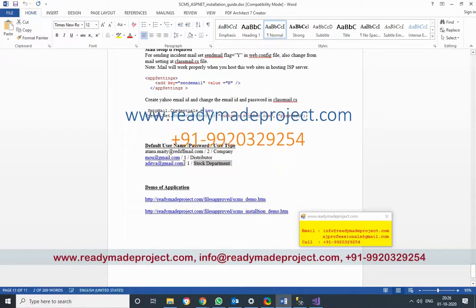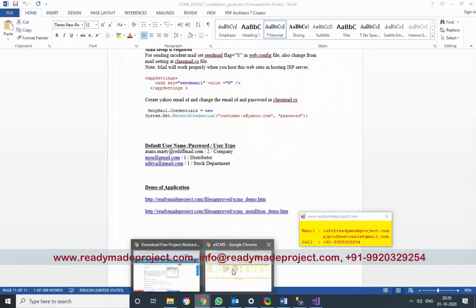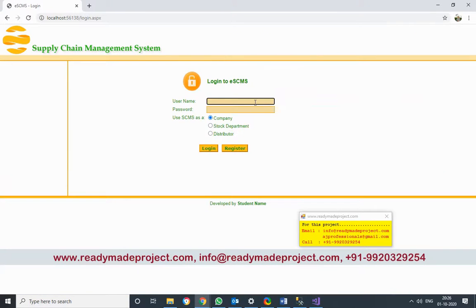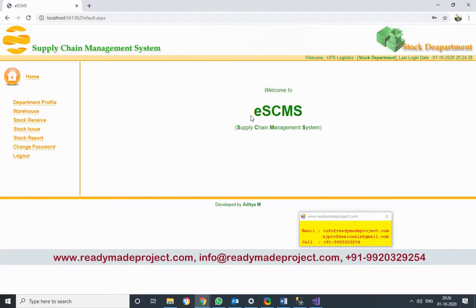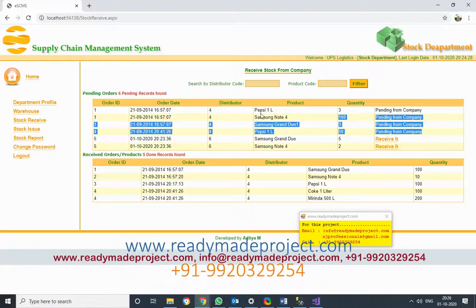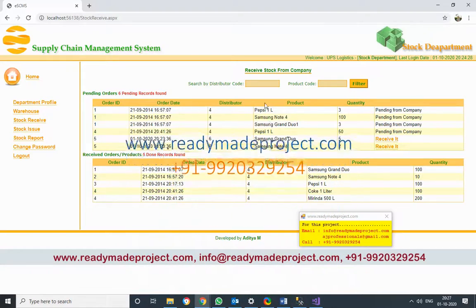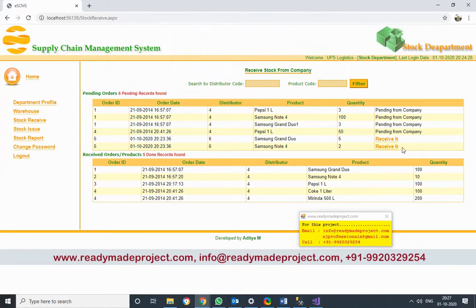So I will use this ID. These two come as receive it, because whatever order is given by the distributor will display here, but he cannot receive it because company has not sent to that particular stock department.